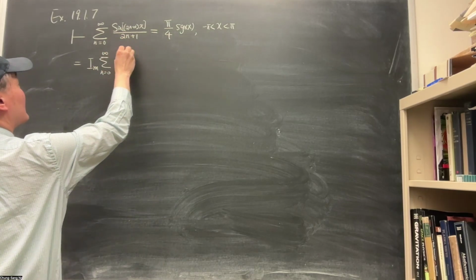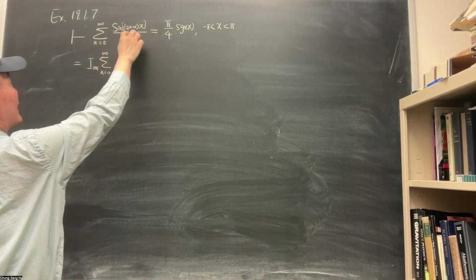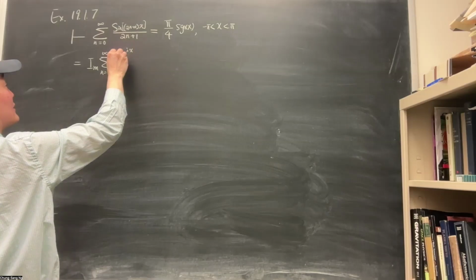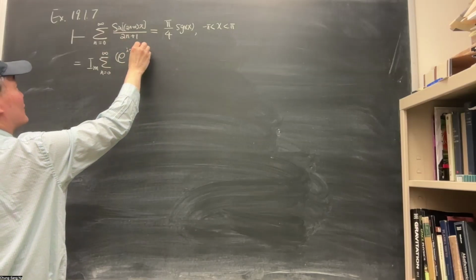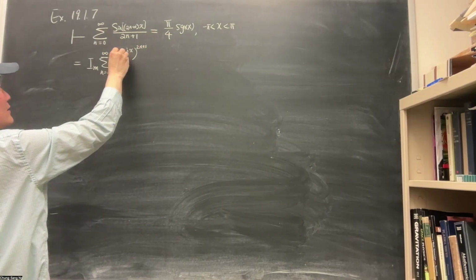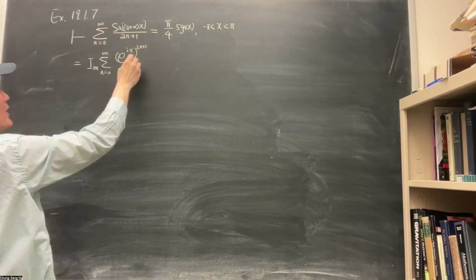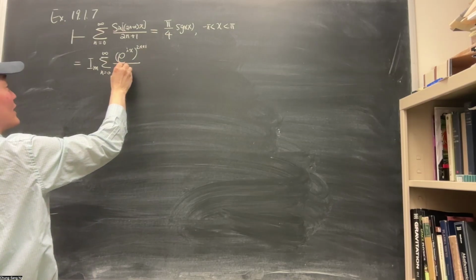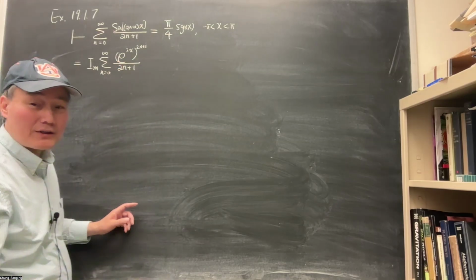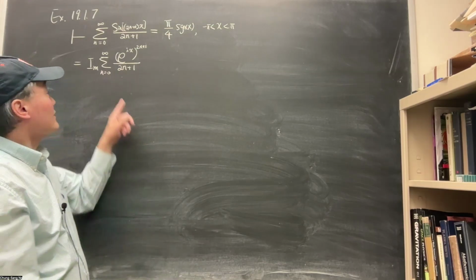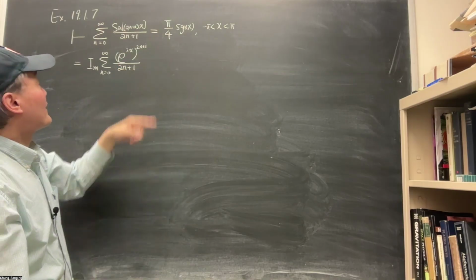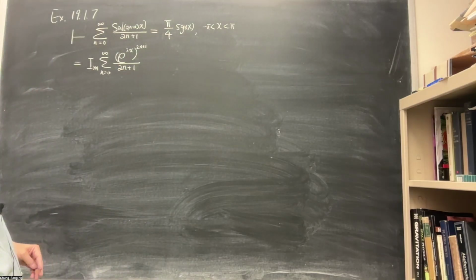Like this is e to the i of this one, but you can put the ix first and then the power of 2n plus 1 outside. So then this is like a variable to this power and divided by 2n plus 1. So 2n plus 1 means that you're summing over all the odd numbers, the odd powers of this variable. Now,